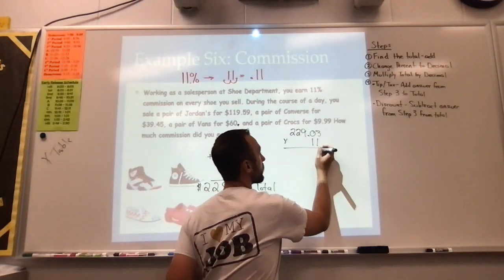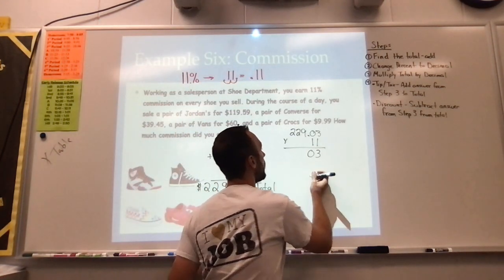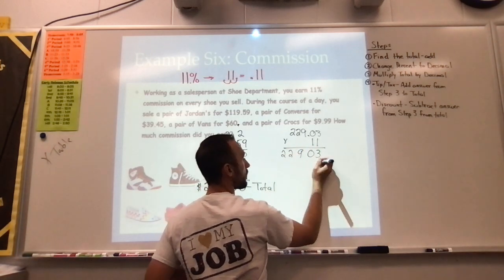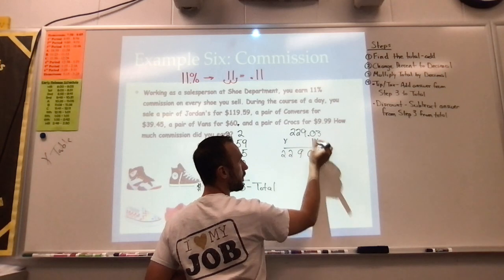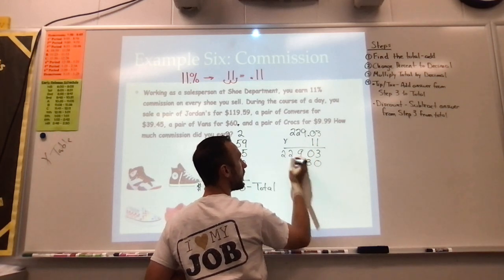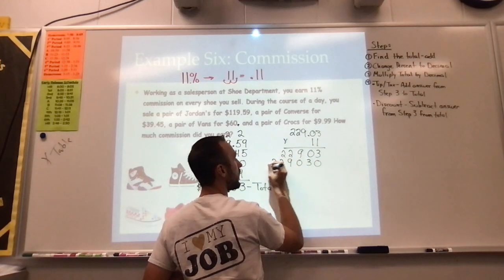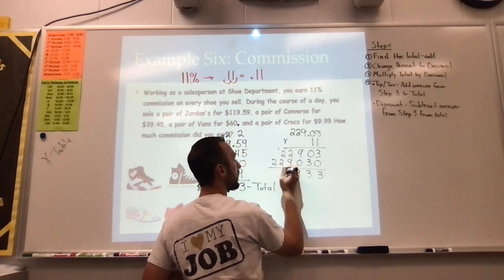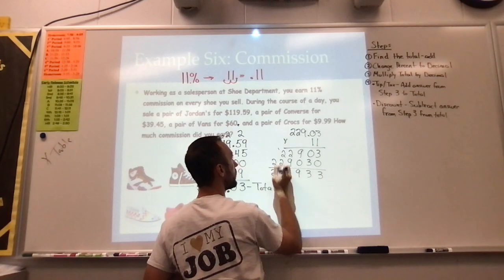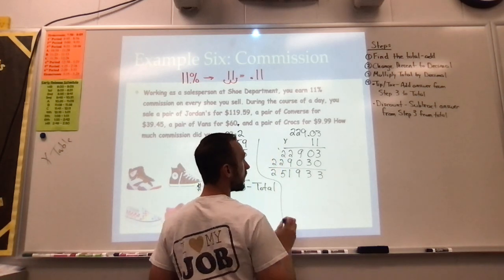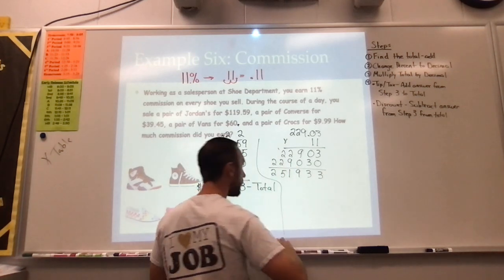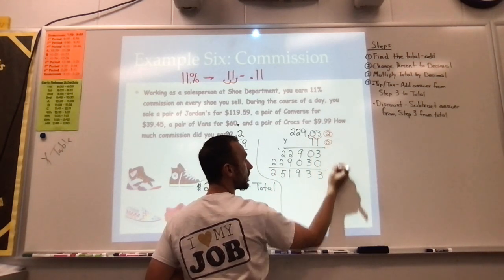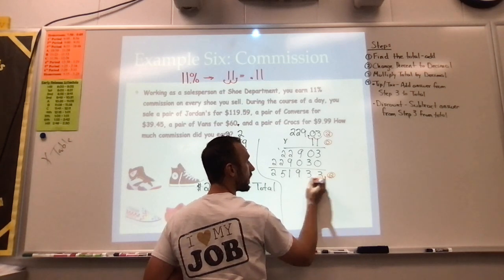So 1 times 3 is 3, 1 times 0 is 0, and 1 times 9, 2 and 2 would be 9, 2 and 2. For my placeholder, all these digits will be the same because it's the same number I'm multiplying them both by. Add 3, 3, 9, 11, 5, and 2. Draw a line. I have 2 numbers after the decimal there, 0 there for a total of 2. So I go over 1, 2,